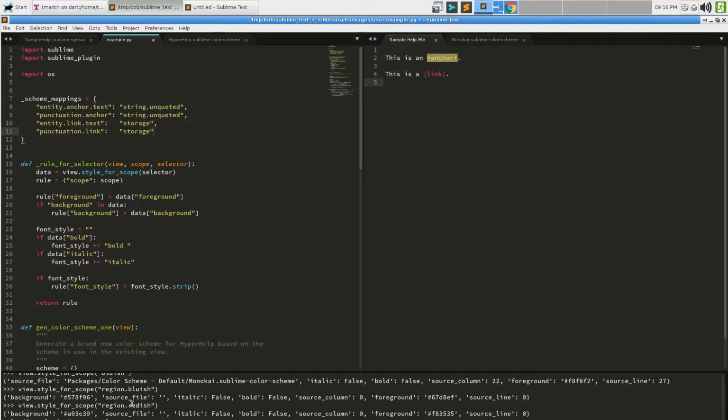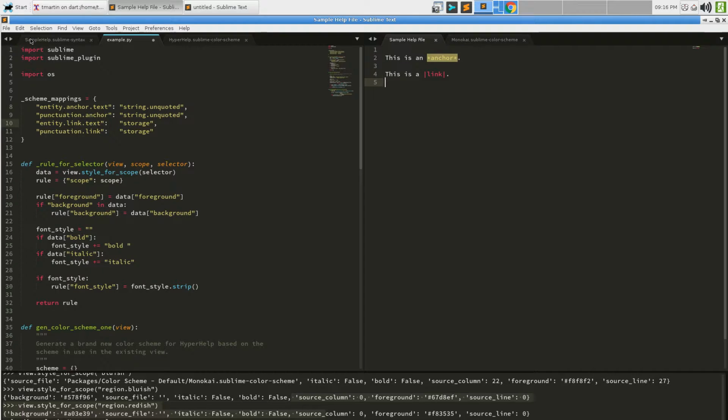If we wanted to do this way, if we wanted to say that these were both region.yellowish and these were both region.reddish, we could just modify rule for selector to not copy the background in, and then it would choose colors for us that were more or less the correct color. Perhaps the better way to do that than just trying to gank scopes. This is the sort of reason why we're doing this in the first place.